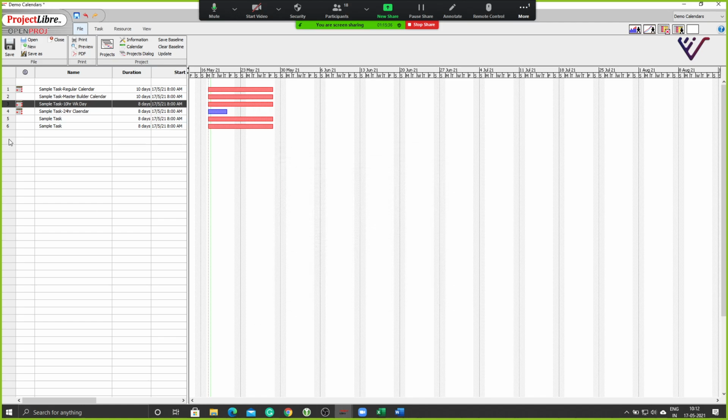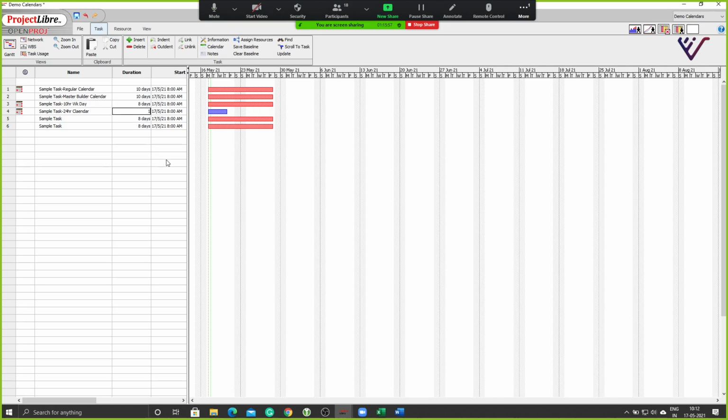Oh, sorry, I've not assigned the resource. Okay, let me go down to resources now. But you get the understanding, right? How application of a calendar to an activity can change the number of days. Even though we have taken 10 days here, because the number of hours you are working is 24 hours, the duration becomes lesser. So this is not taking 10 days to finish, but it's finishing in 5 days because you're working a 24-hour shift.